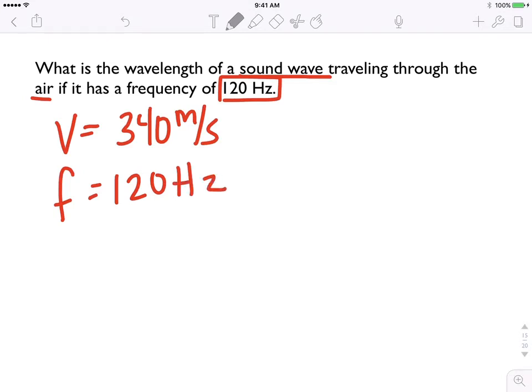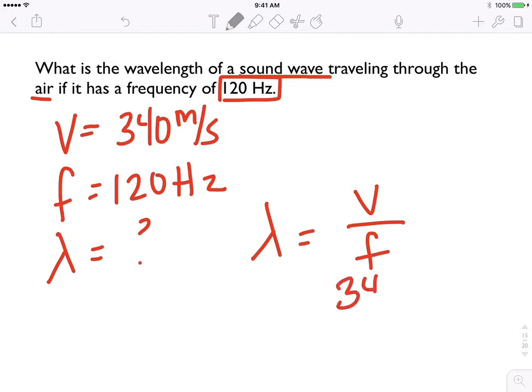We're almost there to solve for wavelength. We're going to use our wave equation, set it up to solve for wavelength. What would that look like? V over F. So plug and chug. 340 over 120, and then you go to your calculator. 340 divided by 120, and you end up with a wavelength that is